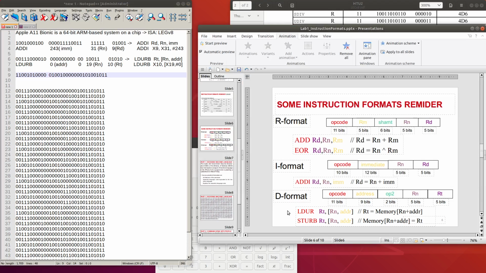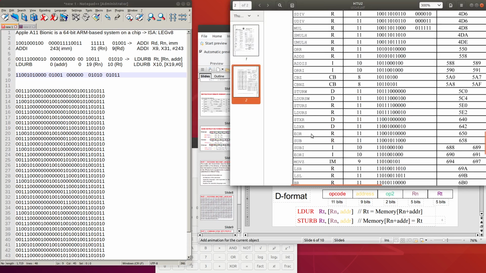So for R type, we know that the next one is 5 bits RM, and then 6 bits that we want to use, and then 5 bits RN and 5 bits RD, and we know that this instruction is R type exclusive OR. So this instruction will be EOR,